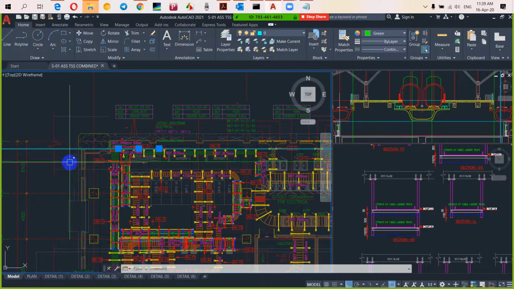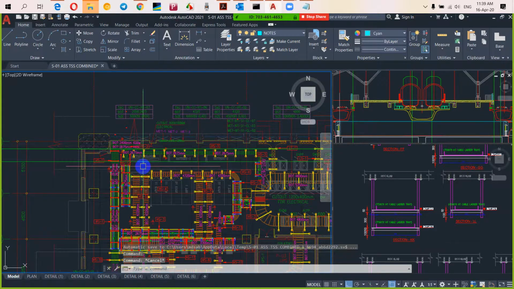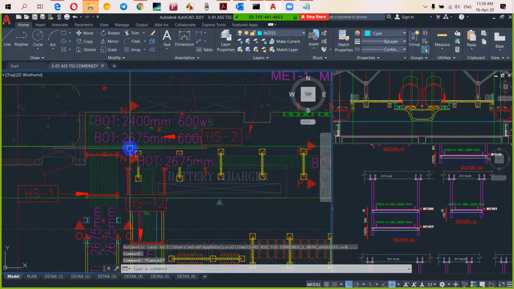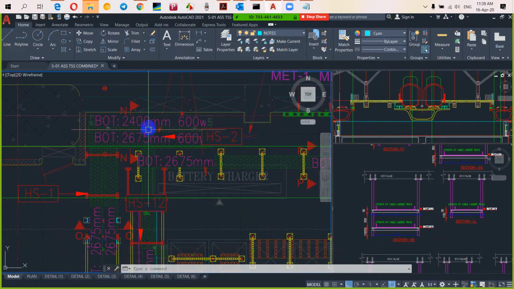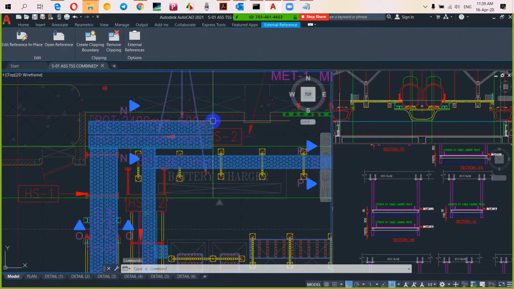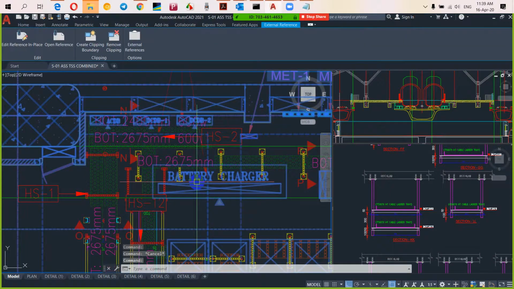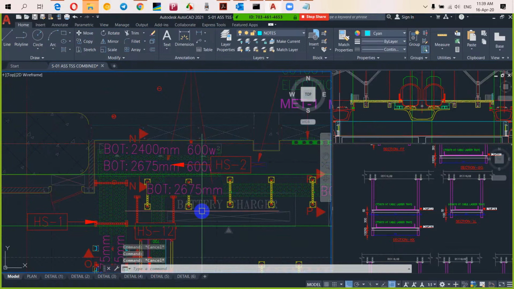We are discussing. We have projected these lines in the sectional drawing. So this line is actually this line. Here we have some height limitations. This line, what you can see, is 2675. So we have to make our cable tray 2675 or lower. Here we did two cable trays, 2675 and 2400. So there are four cable trays: two you have considered as 2675 and two as 2400, right?